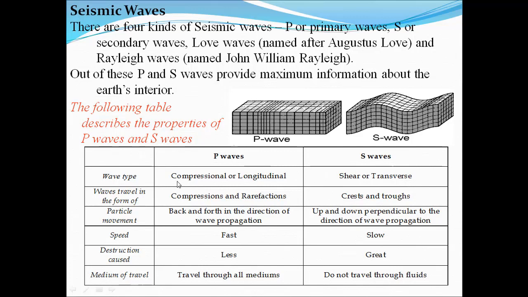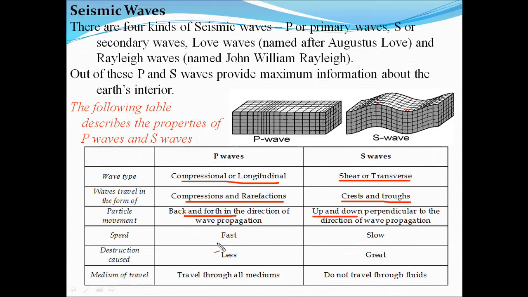Now P waves are compressional waves and longitudinal. S waves are shear or transverse. P waves travel in compression and rarefaction, and S waves travel in crests and troughs. As you can see in this diagram, this is the crest and this is the trough. Particle movement is back and forth for P waves, and S waves travel up and down, perpendicular to the direction of